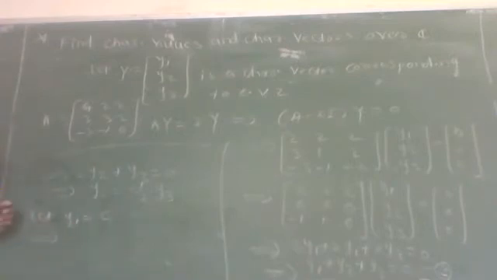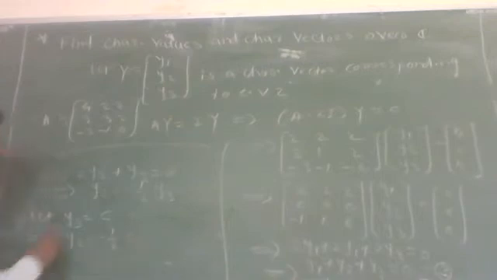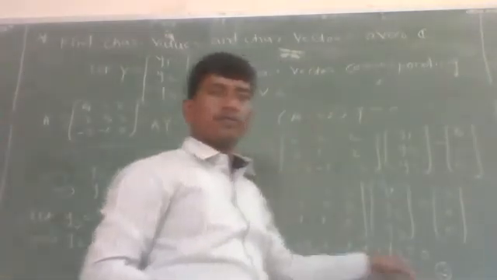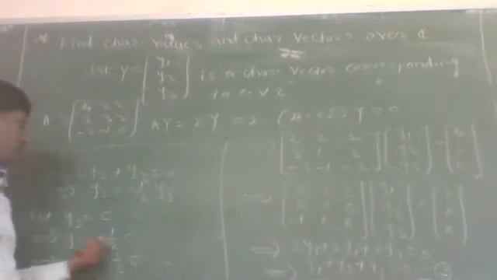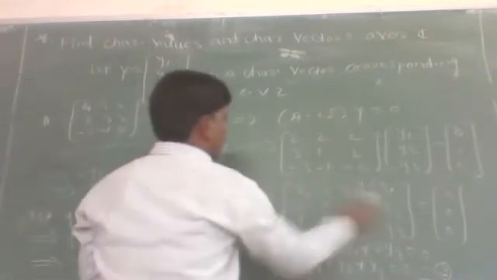Okay, let y3 be equal to c, then we get y2 is nothing but minus of 1 by 2 c, and we know that y1 is nothing but y2, which implies y1 is also minus of 1 upon 2 into c. So these are the three values of y1, y2 and y3. y1 is minus 1 by 2 c, similarly y2 is minus 1 by 2 c, and y3 will be equal to c. So the characteristic vector corresponding to eigenvalue 2 is,